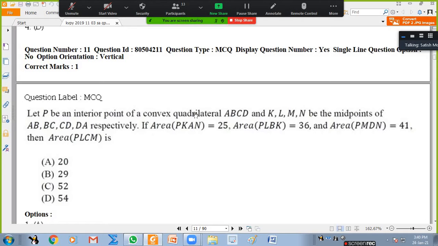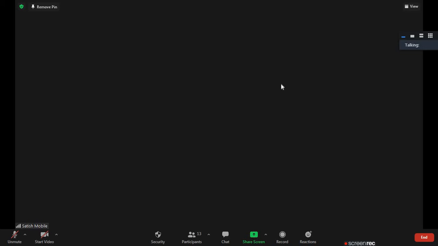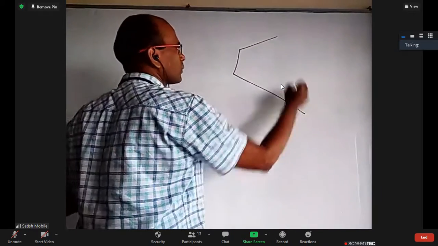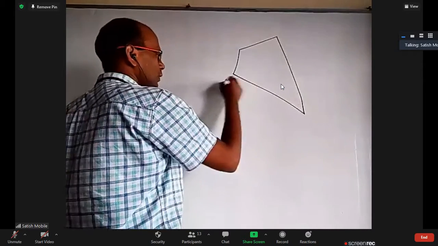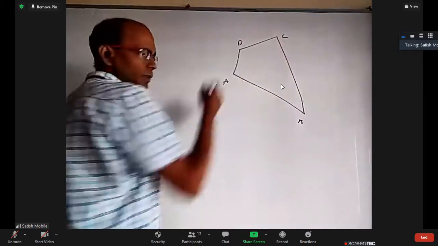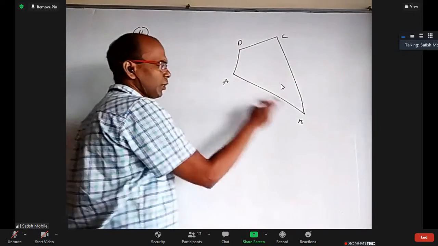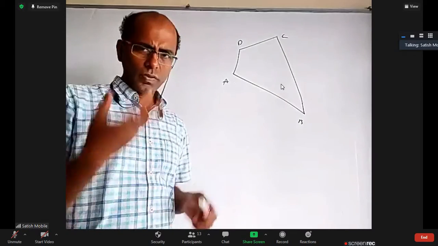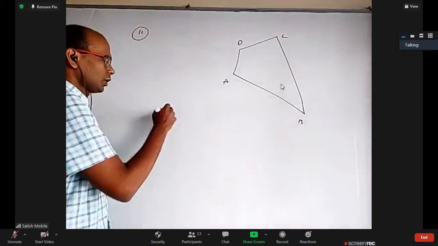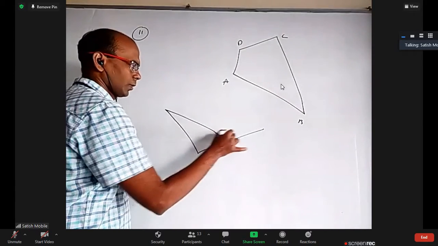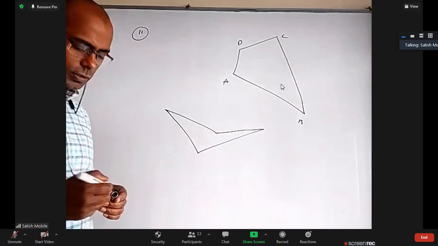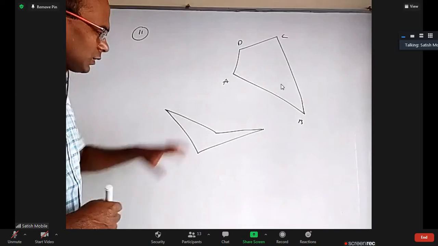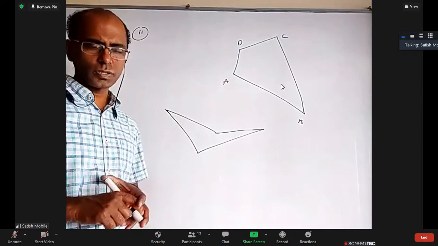Okay, length question. Let me explain the question. We have some quadrilateral ABCD. Any shape doesn't matter, but a quadrilateral. Midpoint of AB. Sometimes you see the word convex quadrilateral. Of course, even if they don't mention it, we take convex only, because let us take one like this. Is it a quadrilateral? Yes, sir. But this doesn't exactly follow some of the properties that we have.